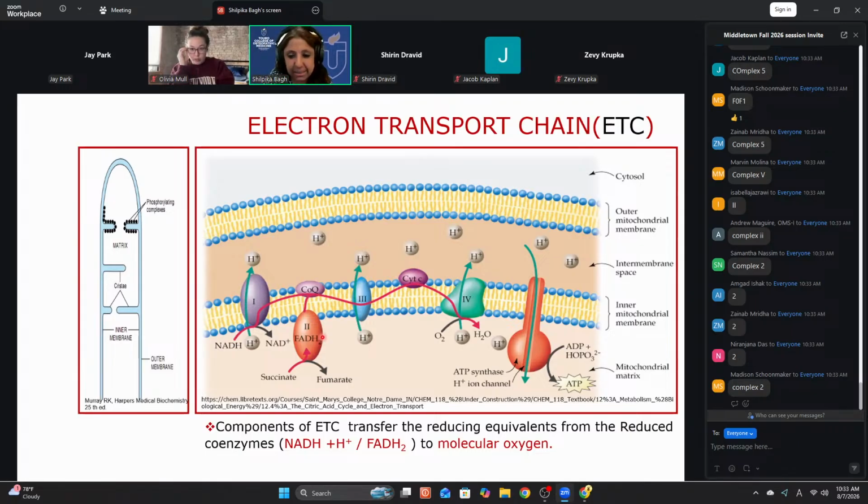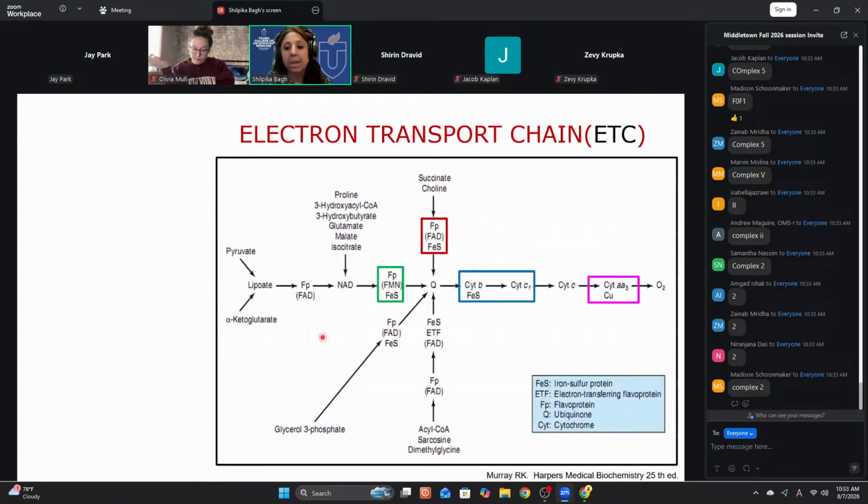Does that make sense? So know what they are, know what they are made up of, then know the flow. Please be very mechanistic here. More substrates are linked to NAD, fewer substrates are linked to FAD. Each complex has different components. Complex 5 is shown here. Is complex 5 shown in this slide?